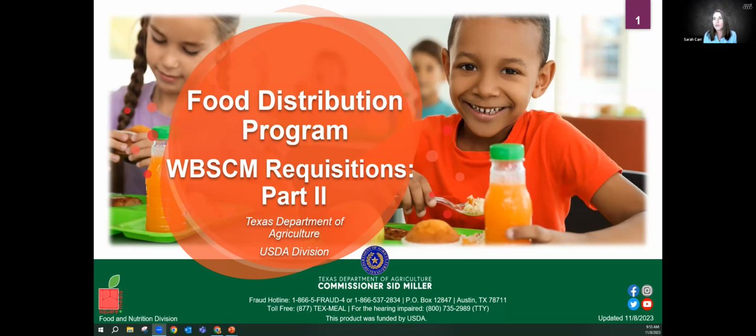It's just the amount of users, and the training environment tends to be a little bit more fickle, if that's a word. A lot of the runtime errors are somewhat common in the training environment, but our schools that have already transitioned over are not seeing those same errors. So hopefully that puts you a little bit at ease.